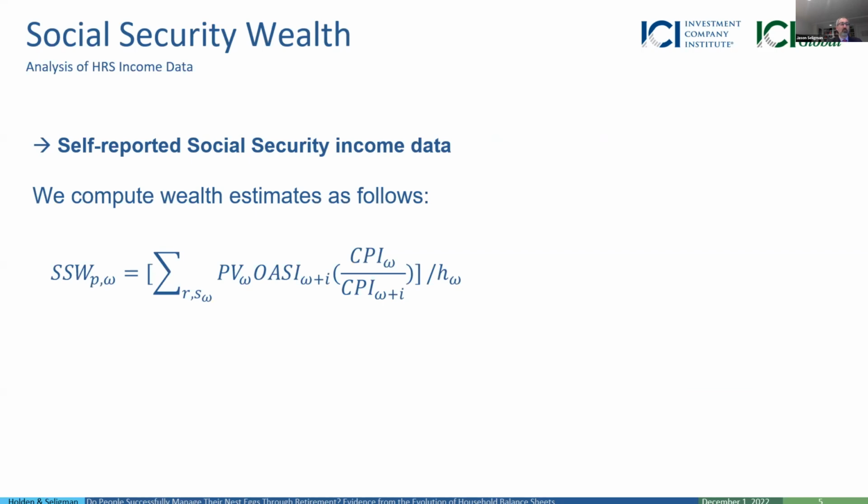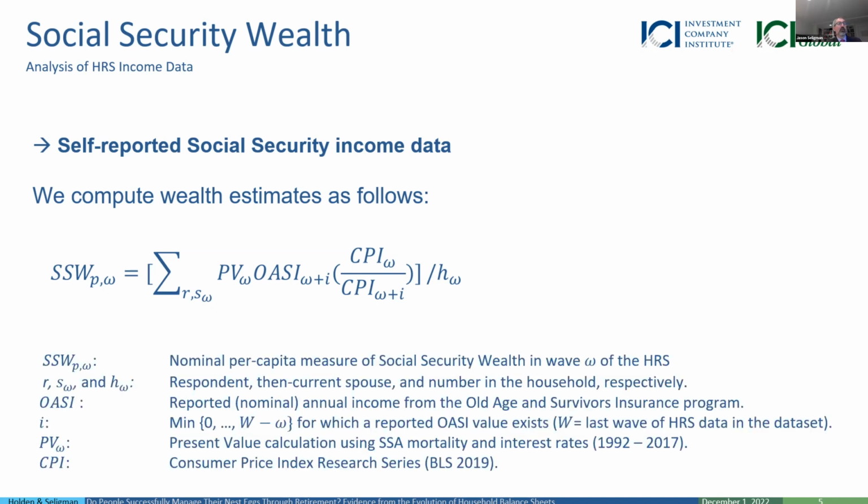And that's because in the United States, your Social Security payment is a function of not only your own work record, but also that of your spouse, if you have a spouse. And then just to go through the rest of this here, that's going to be the present value and wage in wave W of the first next observation of Social Security wealth.